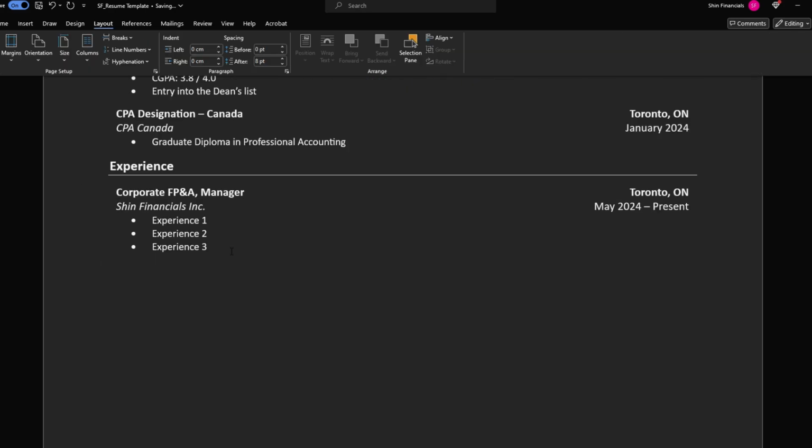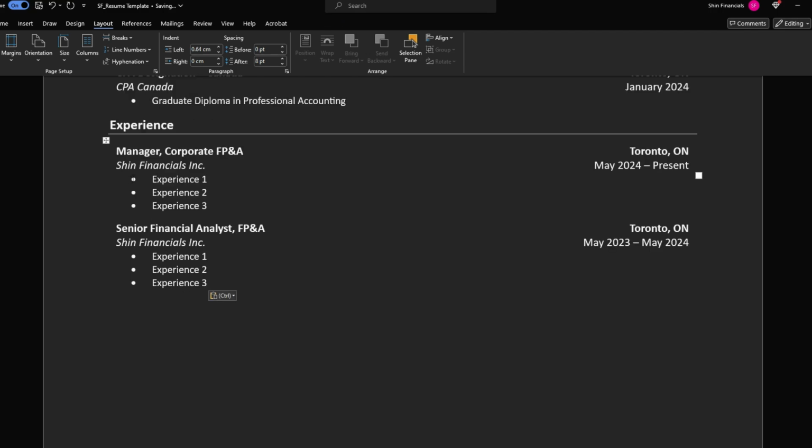And then if you have any other positions that you want to write, feel free to just copy whatever you had at the top. So we can call this Senior Financial Analyst. I always recommend that you write down your most recent and your most relevant experience to the job that you're applying for. So for example, if you're applying for a finance role and recently you worked in, let's say, as